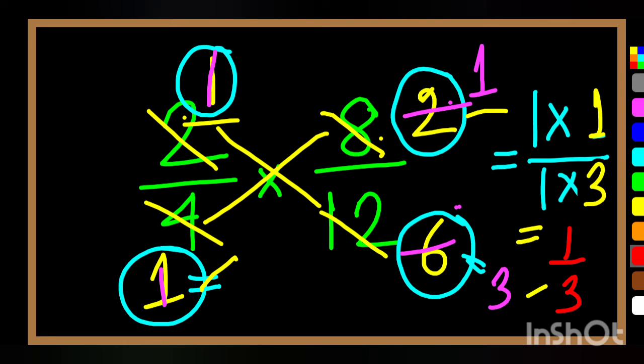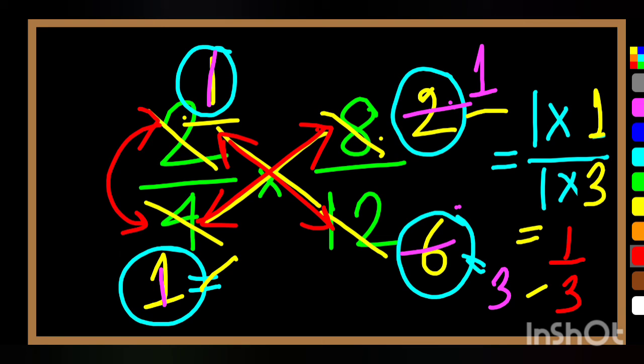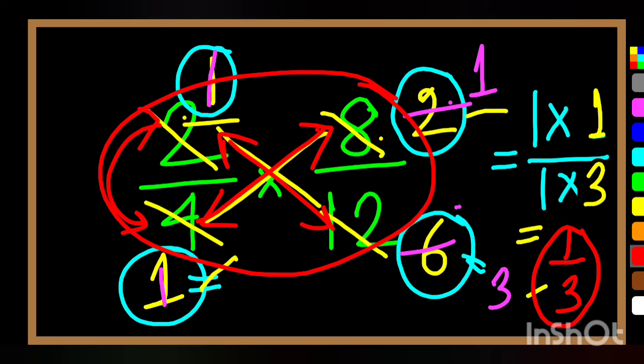So as I said, you have to keep it in your mind. We will try to reduce the fractions as much as we can, and first step we will check them diagonally, whether they can be reduced or not, both the diagonals. Then we will try to check the numerator and denominator. Okay, then we will try to convert those fractions to their simplest form. Okay, so here you can see 1 by 3 is the answer, the product of 2 by 4 and 8 by 12. Let's take another example.